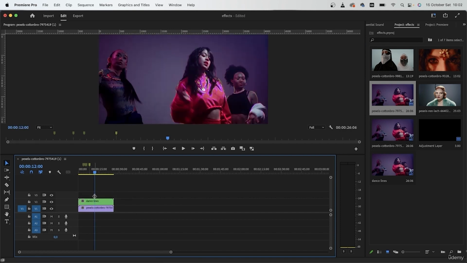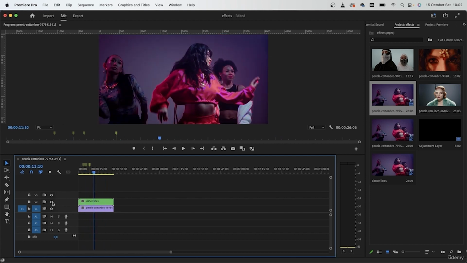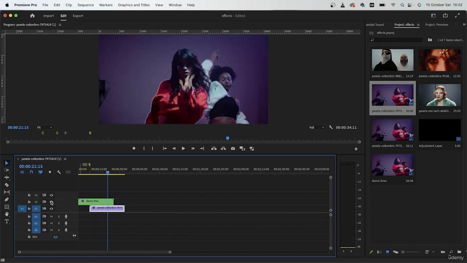You can also duplicate the video before you nest. But the point is that you want both the clips on top of each other, and it's really important that the time matches. So you don't want the video to be offset, or else that's going to look weird